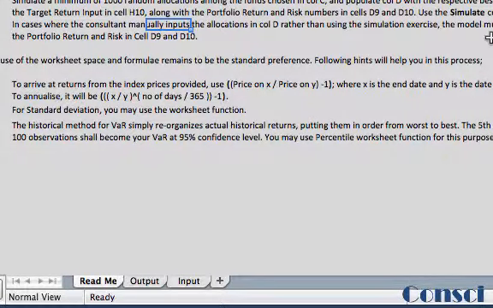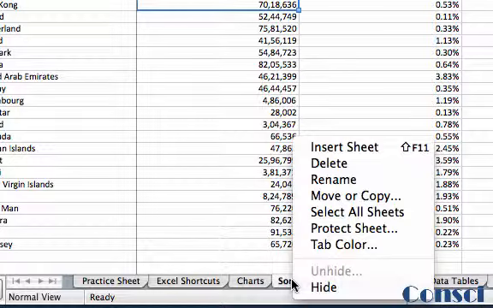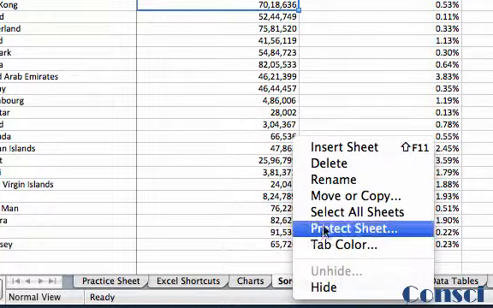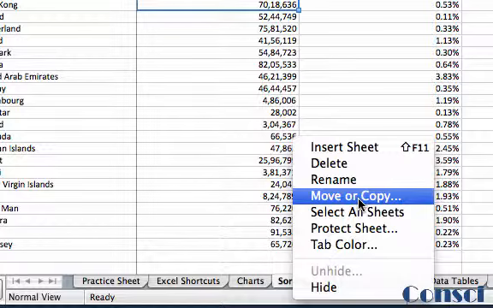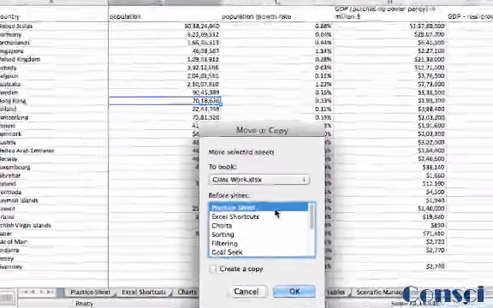It's pretty simple. You go to the Excel classwork workbook and go to this sorting name that is written on this worksheet, then right click on this name, and here you would see an option called move or copy. Click on that, and then you can directly move the sheet or you can create a copy. It is preferred that you create a copy.